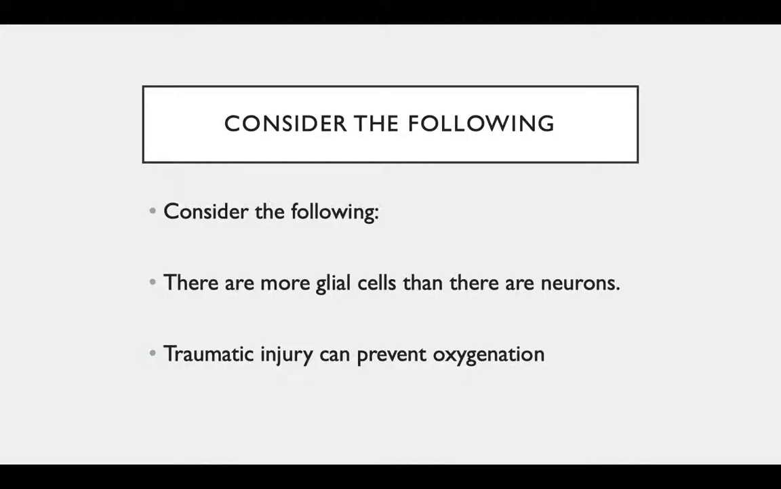As a wrap-up, please consider the following. There are more glial cells than there are neurons in the central nervous system. When there is a traumatic injury to the head, the glial cells can become damaged, which in turn can prevent oxygenation to the brain. The brain is incredibly intricate. Scientists are continuing to research the human brain to not only understand it better, but also to fight diseases and